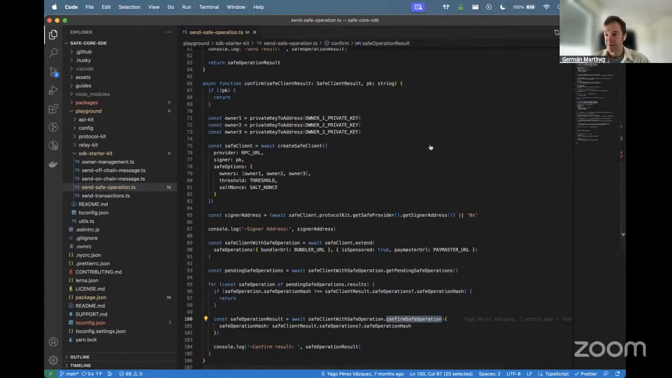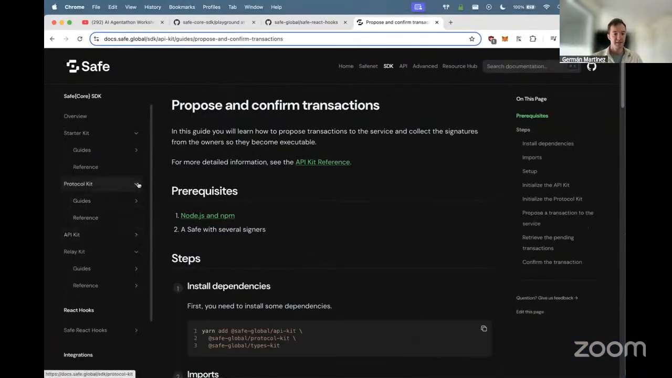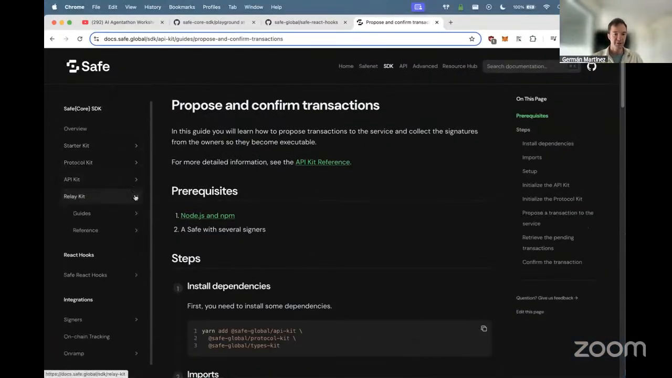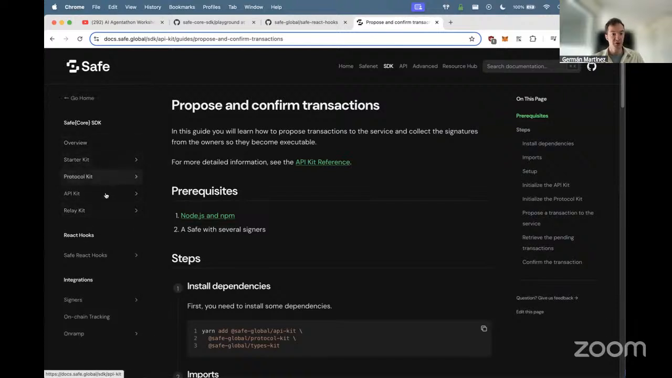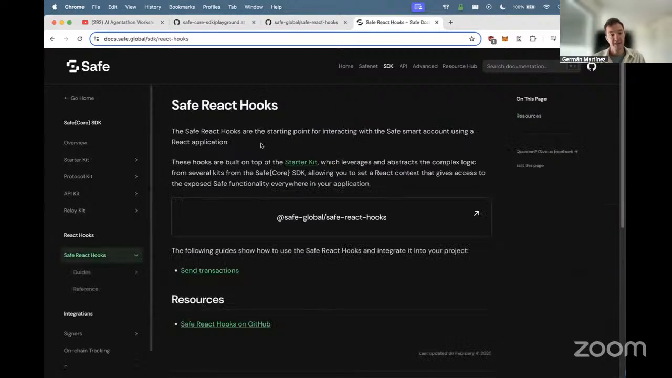So now if we go back to the documentation, here we see that we covered the protocol kit, API kit, relay kit, and the starter kit as well, which I will again repeat is probably the best way to go for you. But also we have the React hooks here,